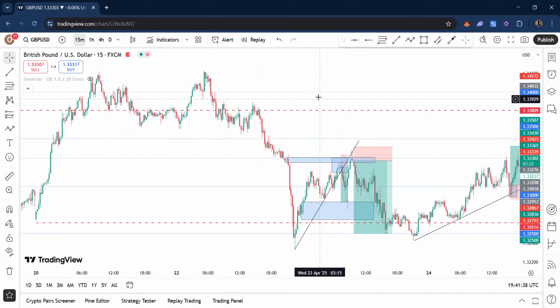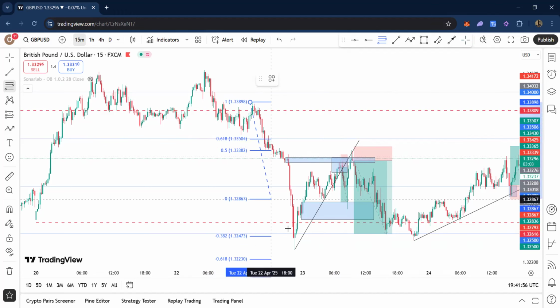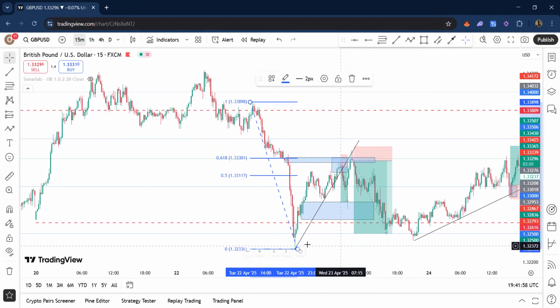So what did I do? I just said, for me to get a place where this market is likely to retrace from, I have to use the only tool that gets the retracement out of the market, which is a fib. So I just pull this fib in line with the trend from this high to this low, and I took a, sorry,